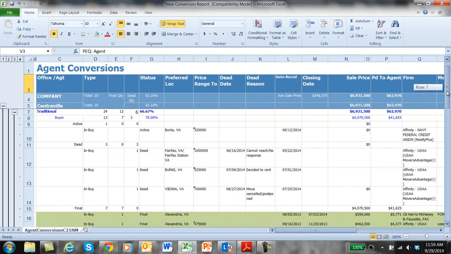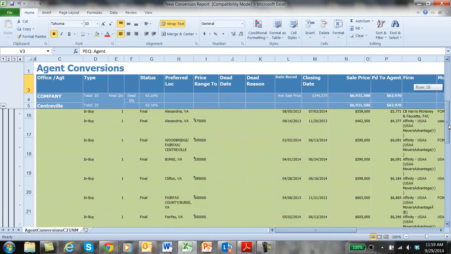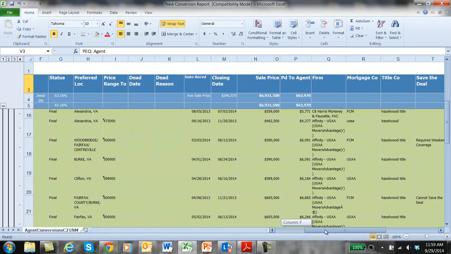So now we're going to come down a little bit further and we're going to see all of our final sales for buyers. So here they are. So when we look for Susan, we're going to see, okay, here's where she's done a great job. They were looking in Woodbridge, Burke, Clifton, Fairfax, Alexandria. So she has a pretty diverse area where she's been able to make some sales. And we're going to scroll across. We're going to see that the majority of these